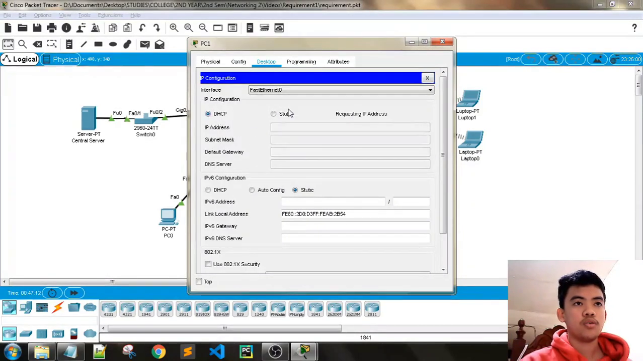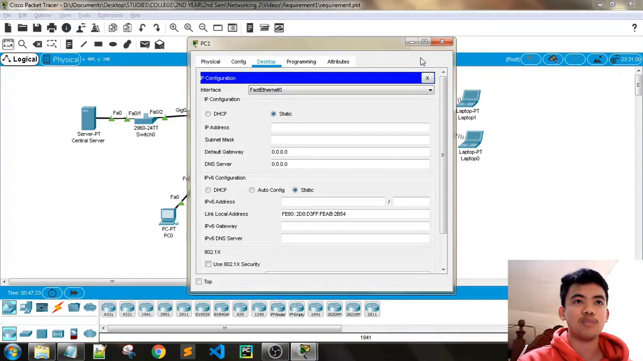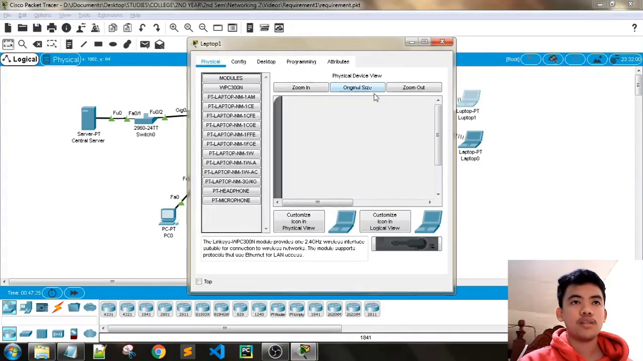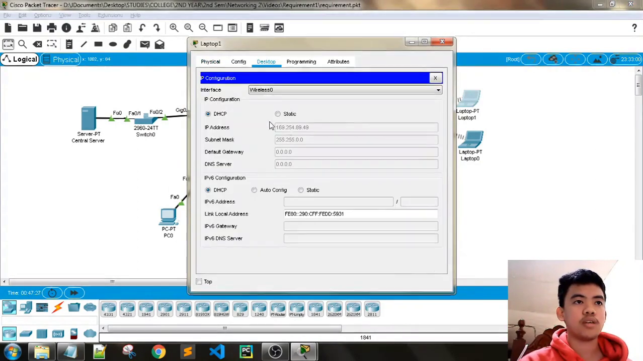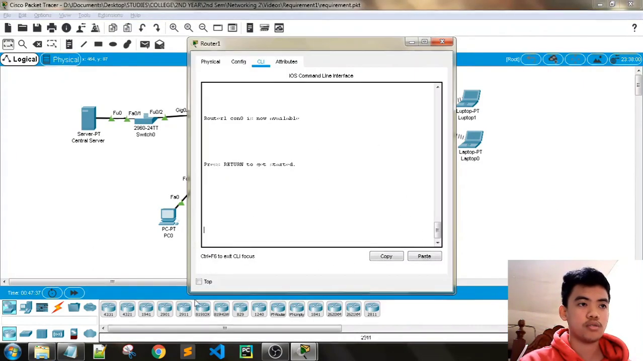So, for example, we are requesting an IP address by DHCP. DHCP failed. APIPA is being used, so we're not using that APIPA. And then for the laptop, we also don't have an IP address. Okay, so how do we do that? First, in the router,